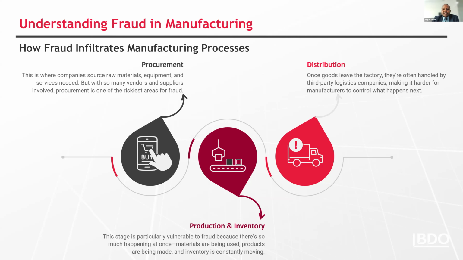Even worse, fraud can occur when distributors overcharge their services or inflate shipping costs, with some of that extra money going back to the employees inside the manufacturing company who have colluded or signed off on this deal. And this kind of collusion between internal staff and external partners is usually very common, and it can be very difficult to detect, especially if the fraudsters cover up their tracks by manipulating shipping invoices and delivery records.